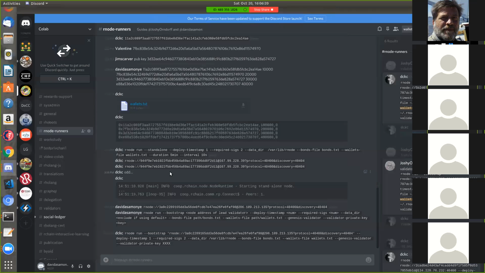Does anyone know why rnode uses either the /var/lib/rnode or the root .rnode directory, or when it chooses between the two? When you run it as a service, it uses /var/lib/rnode. When you don't, it uses your home directory. So running it as a service, that's when you do systemctl start rnode, right? Yeah. But that's not what you're doing here. You're doing rnode run, so that isn't as a service, is it? Correct. But I want to use that same directory later when I run it as a service. Oh, okay. All right.